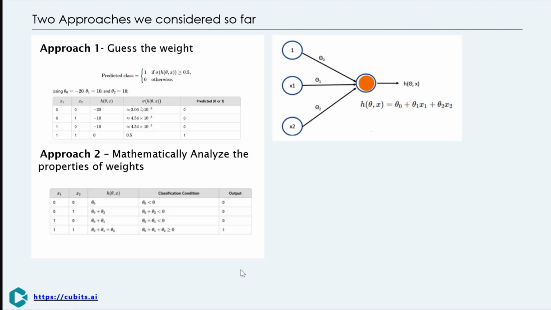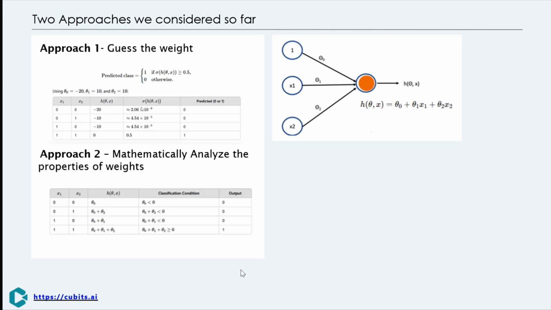We need to compute the function h theta x equals sigmoid of theta 0 plus theta 1 times x1 plus theta 2 times x2, where we have one neuron and three inputs. One is the bias input 1, and then the two inputs x1 and x2, which are binary inputs. We are trying to figure out how to find the weights theta 0, theta 1, and theta 2 to compute the AND function. In approach 1, we just guessed the weights to be minus 20, 10, and 10, and